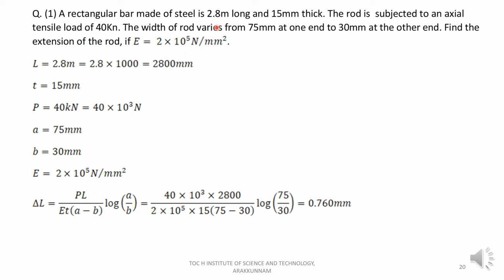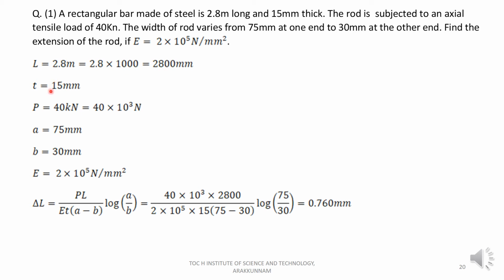A rectangular bar made of steel is 2.8 meter long and 15 mm thick. Here the length and thickness are directly given. The rod is subjected to an axial tensile load of 40 kilonewton, and the width of the rod varies from 75 mm at one end to 30 mm at the other end. Find the extension of the rod if Young's modulus is equal to 2 into 10 raised to 5 Newton per mm square. Here the rectangular bar length, which is given as 2.8 meter, is equal to 2800 mm,